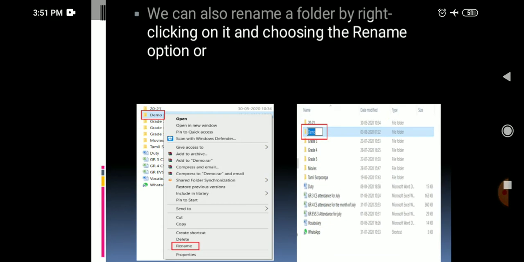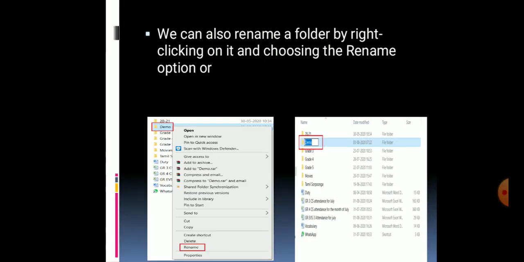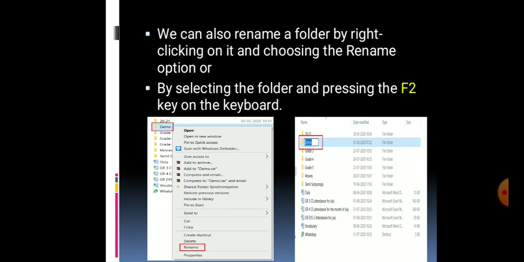So we have two methods to change the name of an existing file: by going to the organize button in the toolbar, or by selecting the file, right clicking on it and selecting the rename option. One more method is there: by selecting the folder and pressing the F2 key on the keyboard.